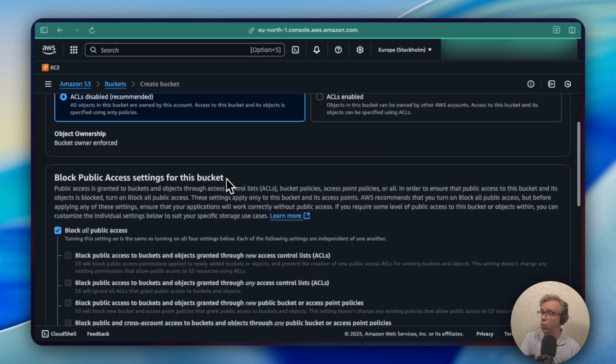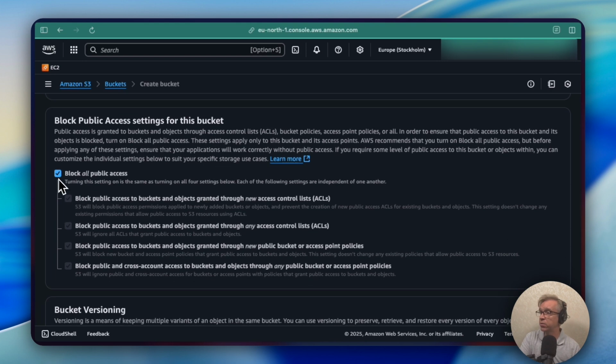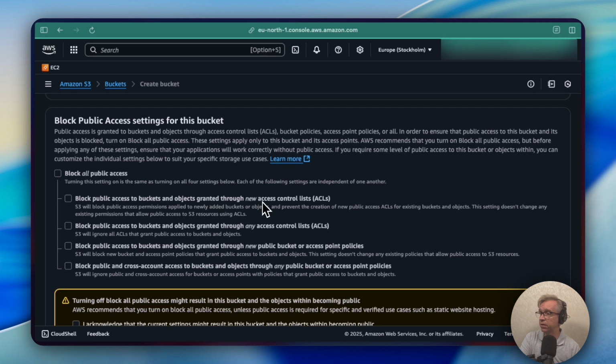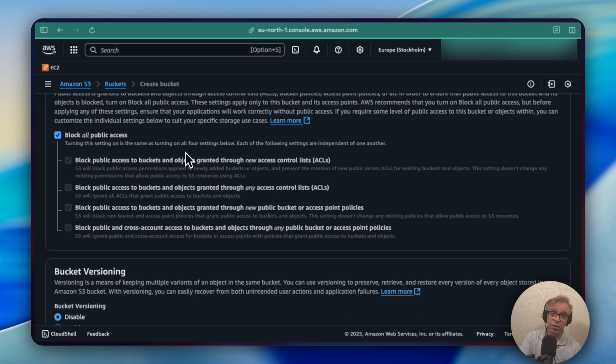Right below we have block public access settings. For security, you should almost always leave block all public access turned on. It's enabled by default, and that's a good thing. This is your first line of defense against accidentally exposing your data to the entire internet. You can block, for example, new access control lists and things like that, but for now we'll choose block all public access